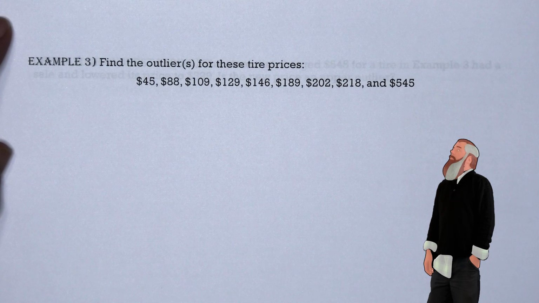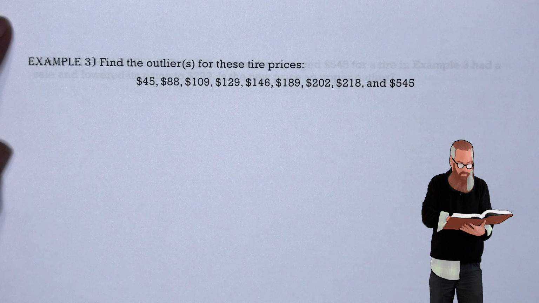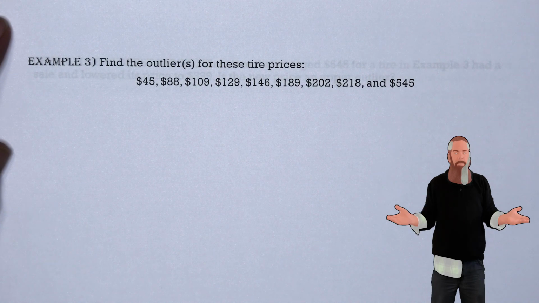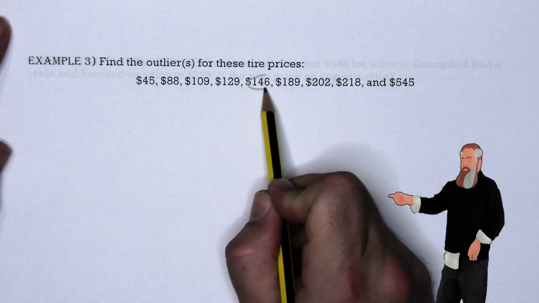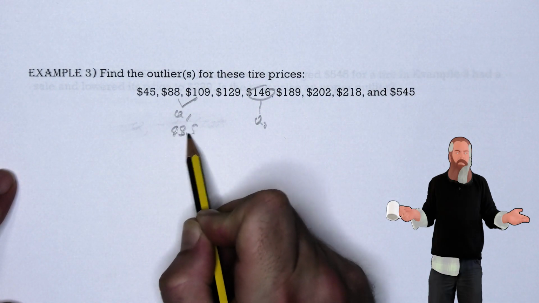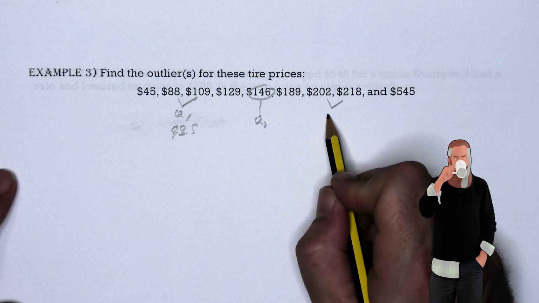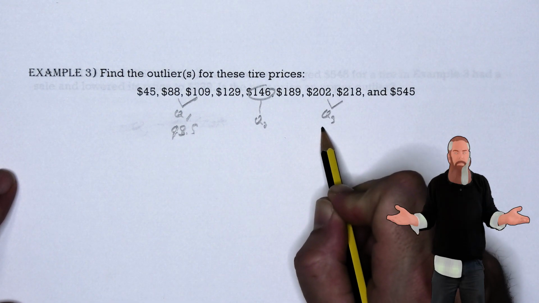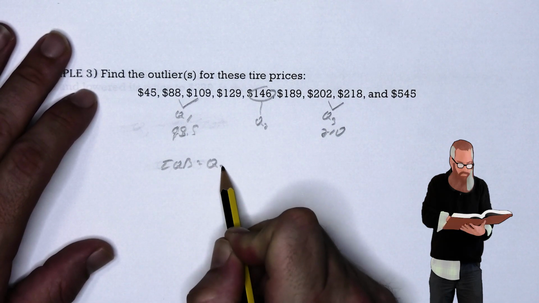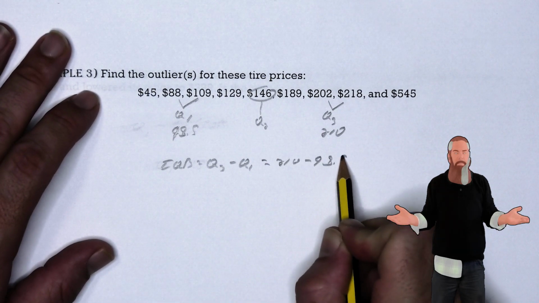The interquartile range is used to identify outliers. Outliers may occur in the lower and the upper end of a data set. Numbers are in ascending order. Now, the median, or Q2, is 146. We can find that the first quartile is located at 98.5. That's the average of 88 and 109. When we average 102 and 118 to get the third quartile, we get 210. This means that the interquartile range is equal to Q3 minus Q1, which is 210 minus 98.5, or